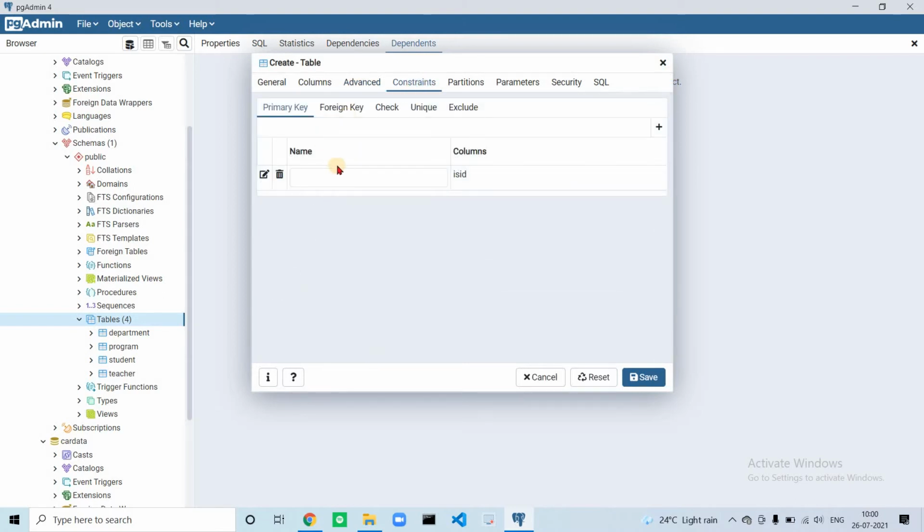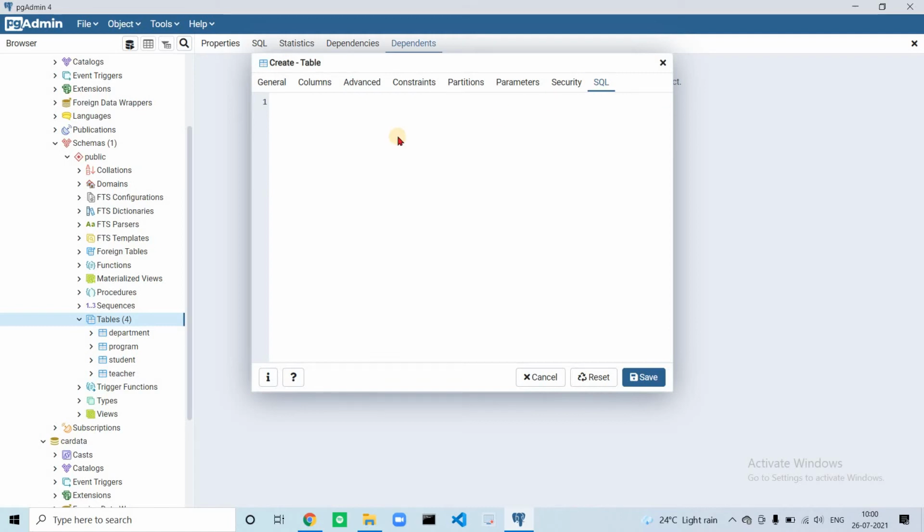In Constraints, you can see the available constraints for our table: exclude, unique values, check, and some constraints of foreign key and this primary key. The primary key shows this is id. Let's check the SQL directly. Here it says create table public.is_done, and the table has a primary key, which is id, and alter table public.is_done owner to Prathamesh. That's it. Just hit save.